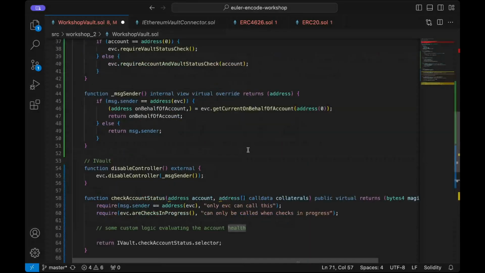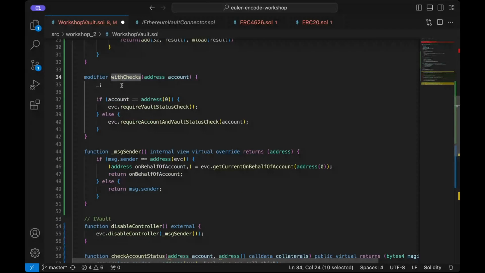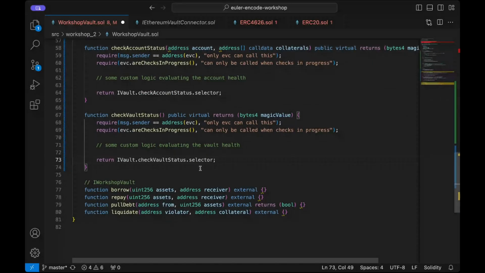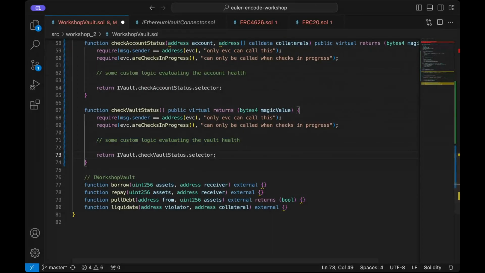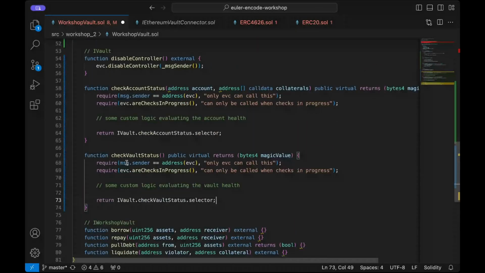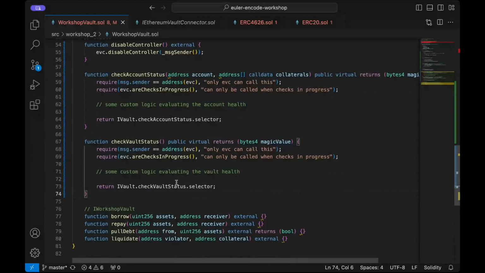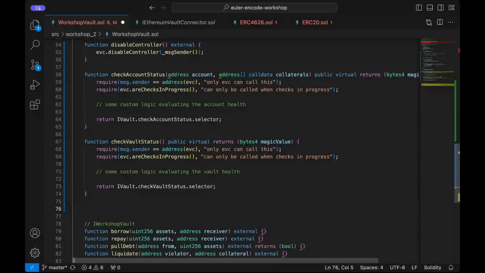So that when this modifier is executed in another transaction, the snapshot is taken once again, right? But for our simple vault, this is enough. You're free to implement any strategy here. Okay, so these are those three functions that need to be implemented for the vault in order to be compatible with the EVC. So the last step is to override the existing functions of the ERC-4626 and the ERC-20 shares